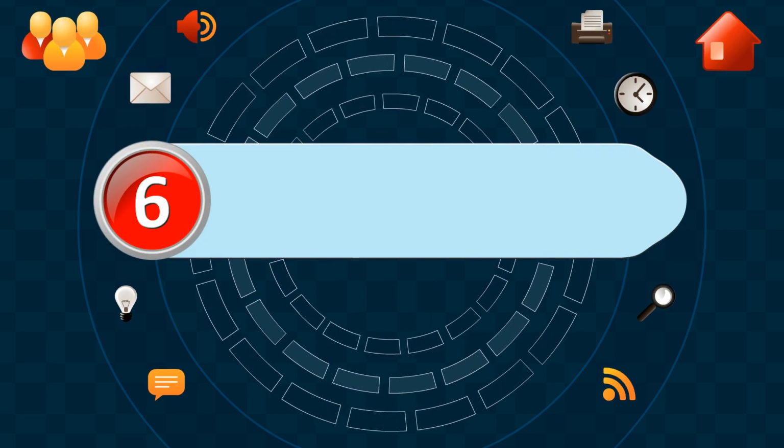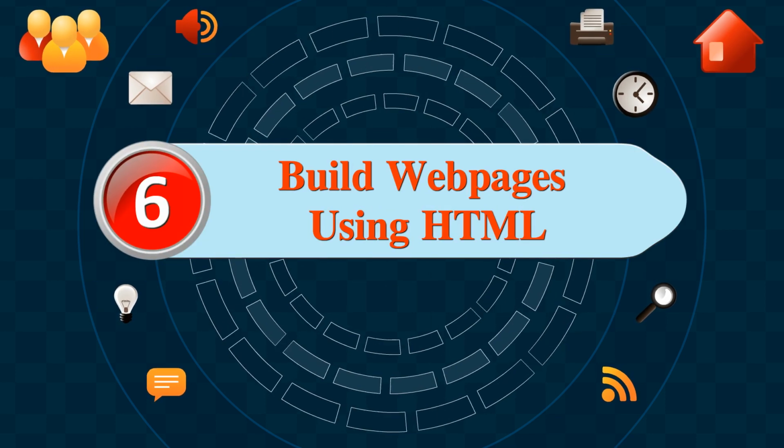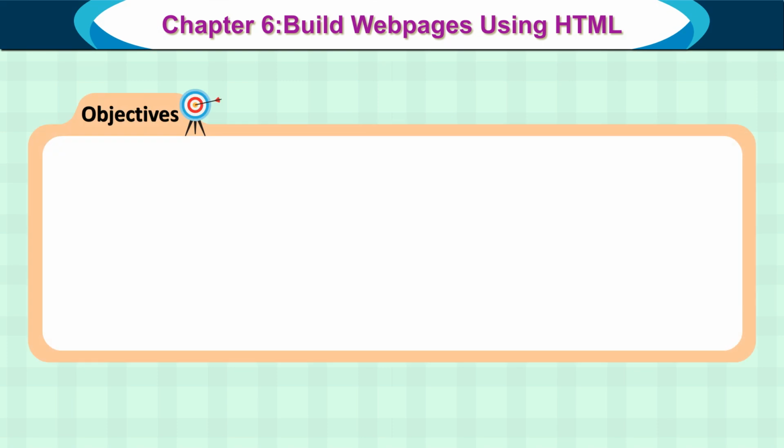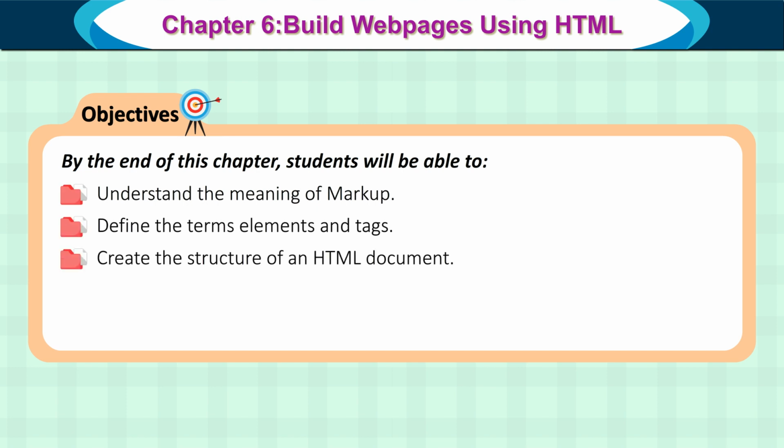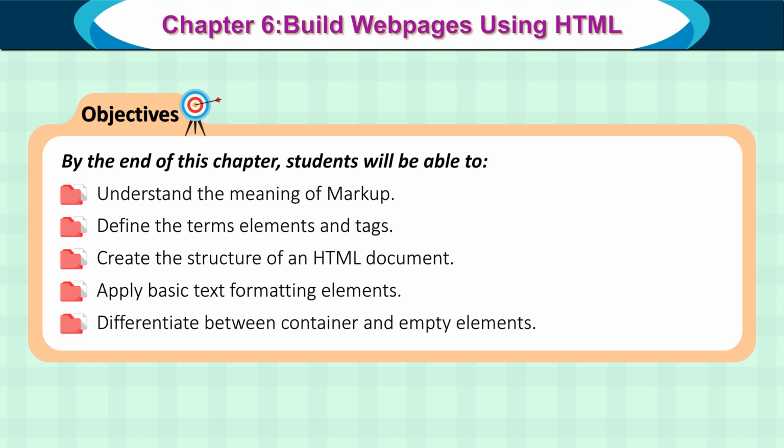Chapter 6. Build web pages using HTML. Objectives. By the end of this chapter, students will be able to understand the meaning of markup, define the terms elements and tags, create the structure of an HTML document, apply basic text formatting elements, differentiate between container and empty